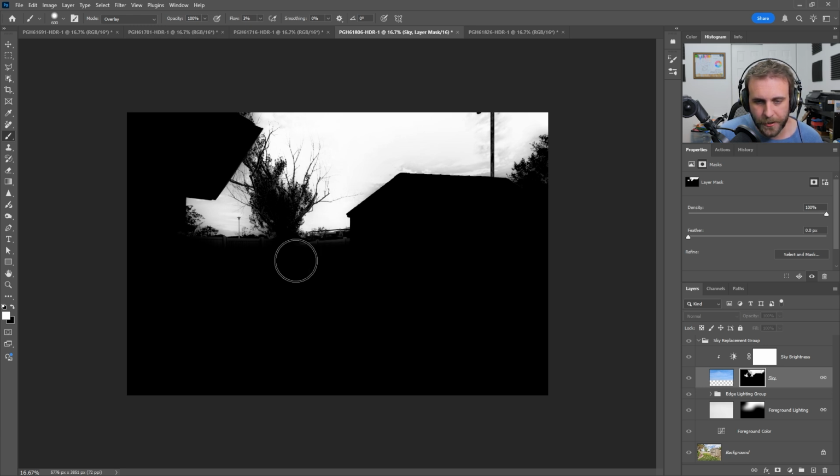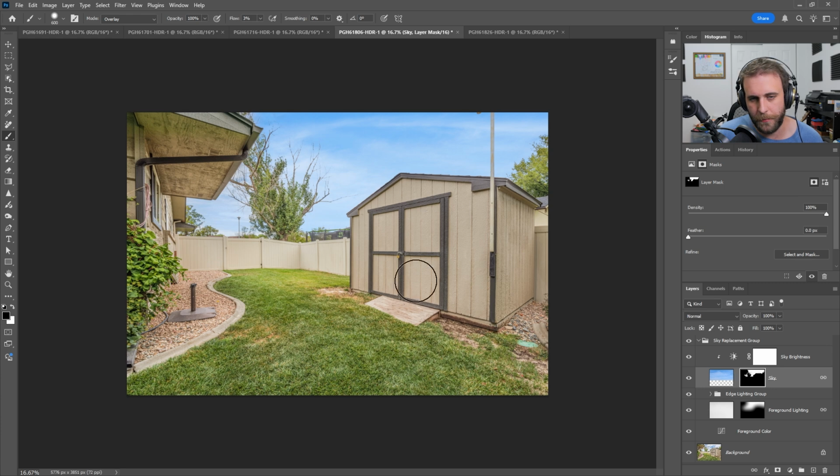Like I'm turning the fence more into the sky right there, you see? This is the prime example right here. And then conversely, you hit X and then you have black, you can come in here and push all the grays to the black and it won't affect the whites. So you're like, oh, I want this part to not have any sky in it. And then lo and behold, your image. I mean, that doesn't look terrible, but